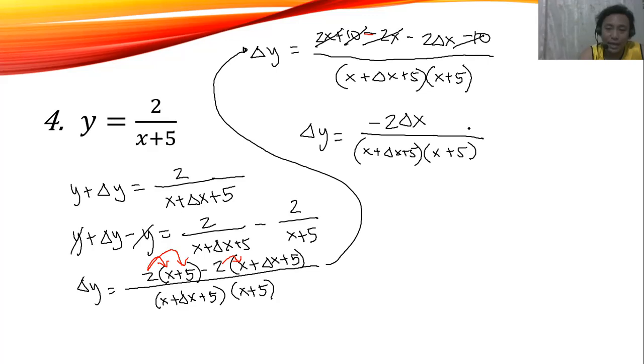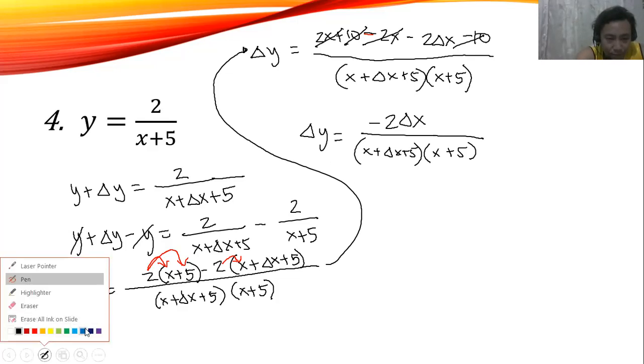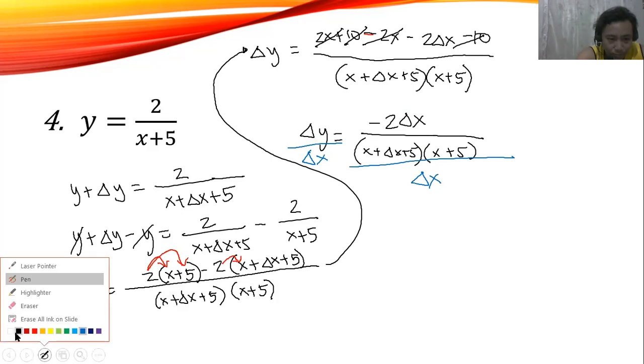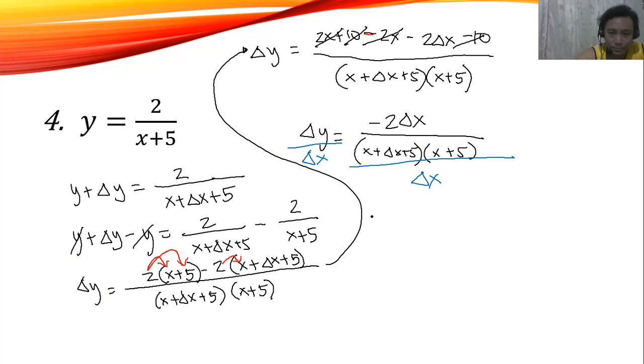So, ano yung next na gagawin natin? Next is to divide both sides by delta x. So, i-divide natin both sides by delta x, divide by delta x. So, ano mangyayari dyan? So, magiging delta y over delta x is equal to, so, we have negative 2 delta